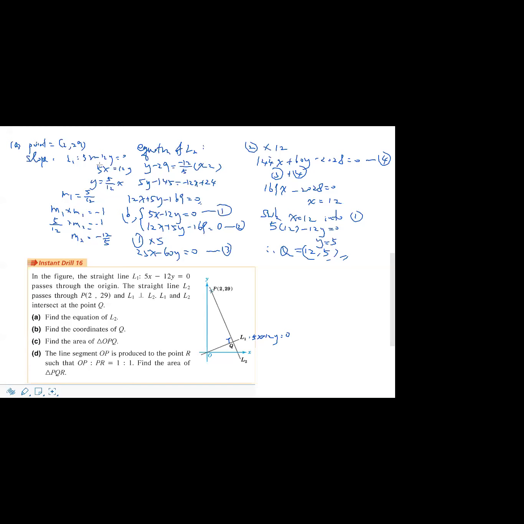L1 equation is given, so I change the subject to be y, and then the coefficient of x will be the slope of L1. Okay, so this M1 times M2 will be -1, which means that M2 is -12 over 5. Then we can use the point slope form to write down the equation of L2. After simplifying, it will be 12x plus 5y minus 169 equals 0. Okay, so make sure your